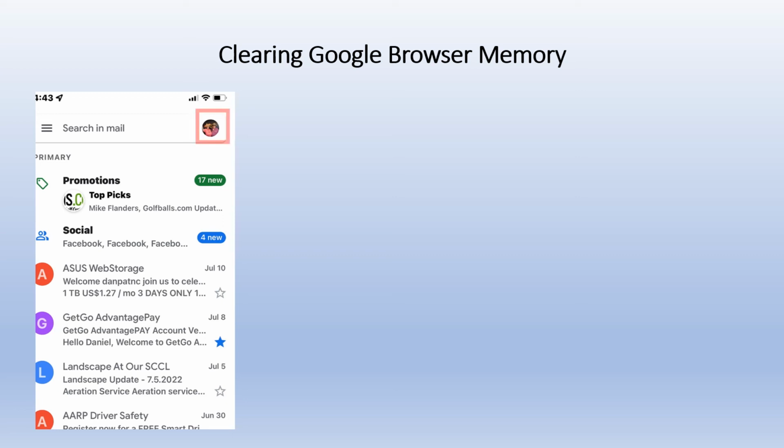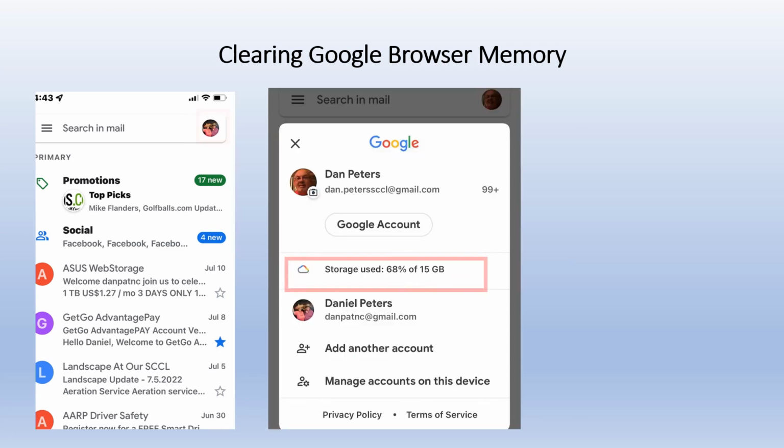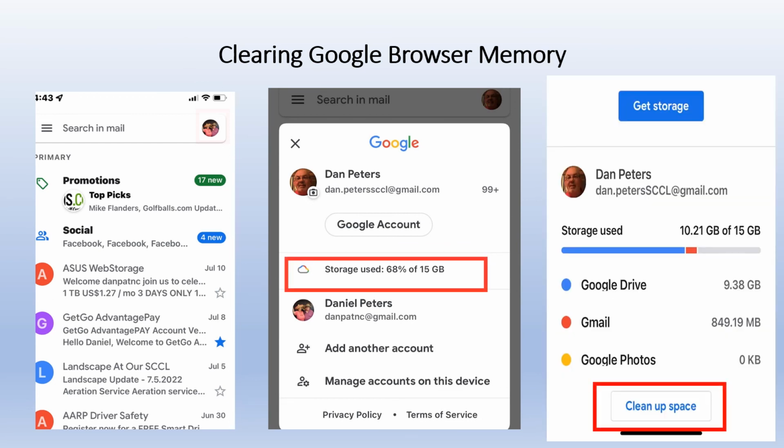Now, next one, if you're clearing Google browser memory, what you're going to do is click on the picture that you have, or it may be just a letter of your name there. And then when you click on that, you'll come up with an option, and it'll show you the storage, say 67% of so many gigabytes. Like I said, when you start getting up to 80 or 90% storage, you definitely want to be getting rid of some things. If you click on that area right there, it will open up and it'll show you how